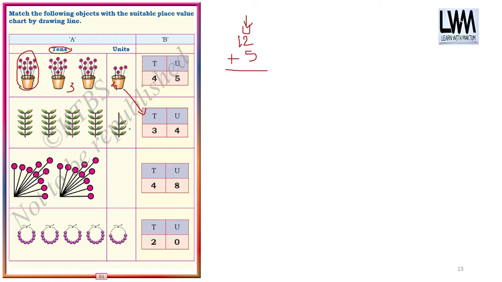So if you see 12345, here the units place is 5. So where you can see 5 at units place? This one. So the answer will be this one. Directly you're getting it, right? Then here there is no unit, means what? 0. So where you can see 0 here? This one. So this will be the answer. And now the last remaining is only this one, so you can match it like this. Understood?